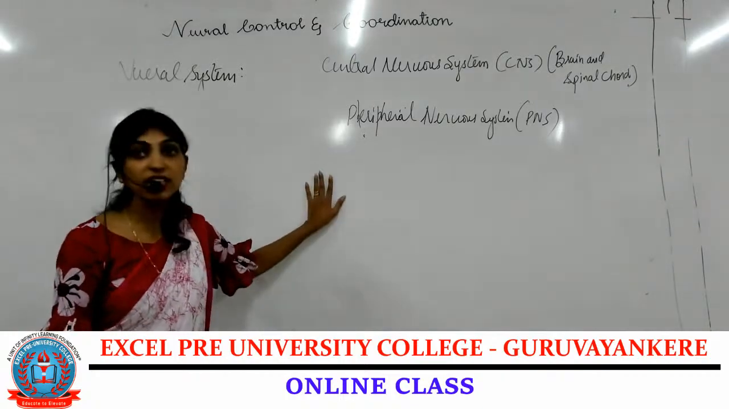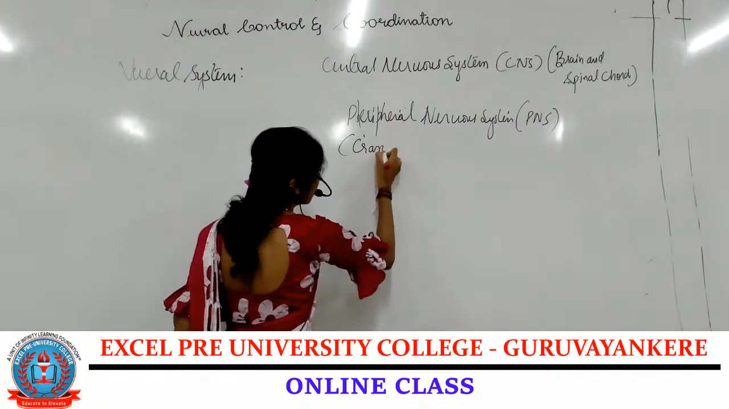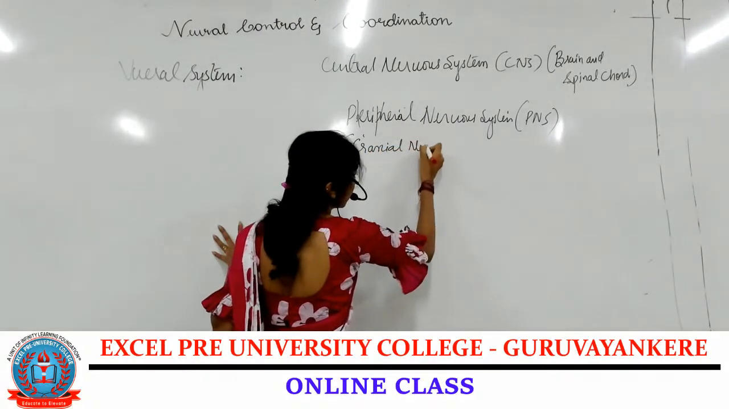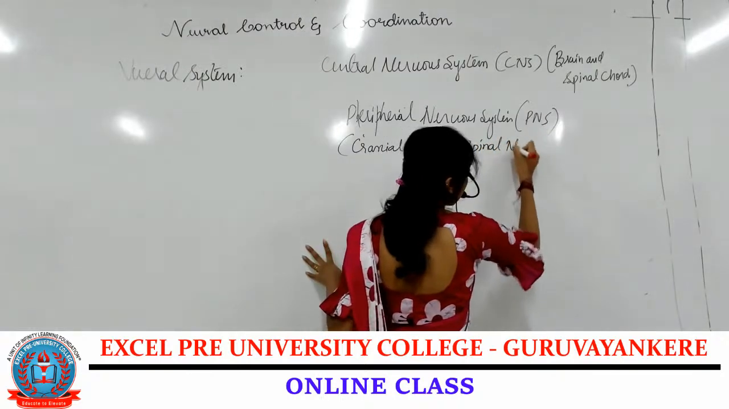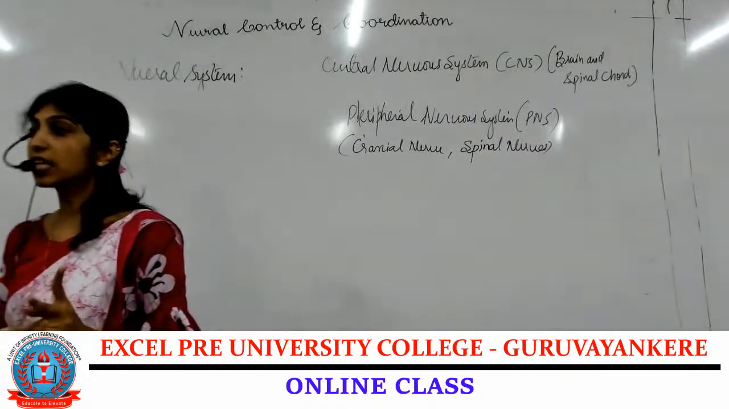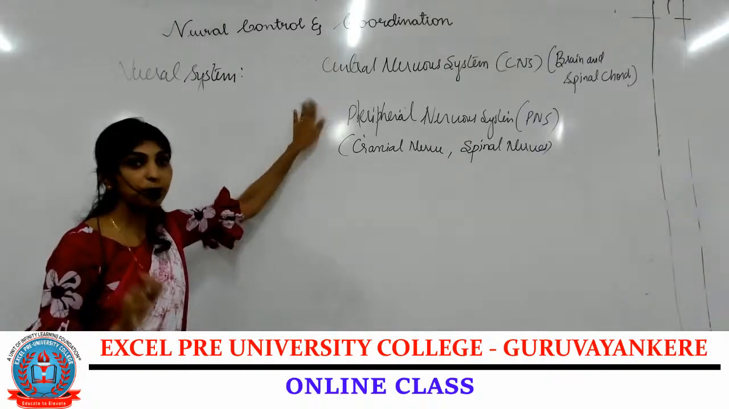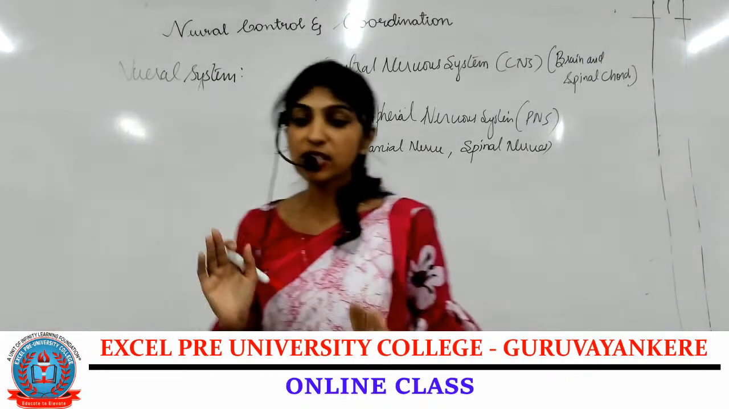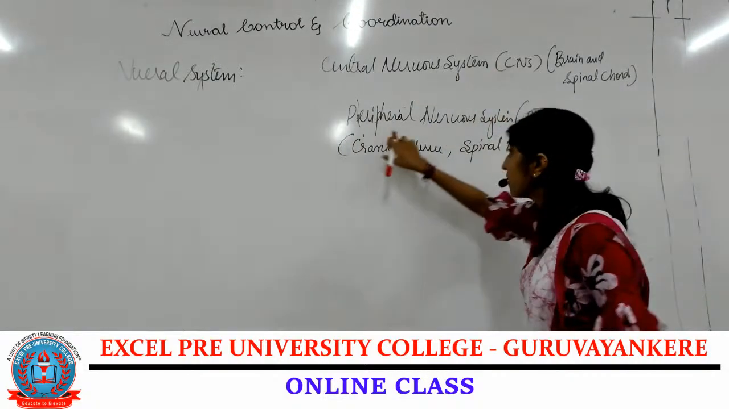And peripheral nervous system includes cranial nerves and spinal nerves. In simple, cranial nerves and spinal nerves. Simple to remember: cranial nerves and spinal nerves. Is it clear? Our human nervous system is mainly composed of the central nervous system, CNS, and the peripheral nervous system,